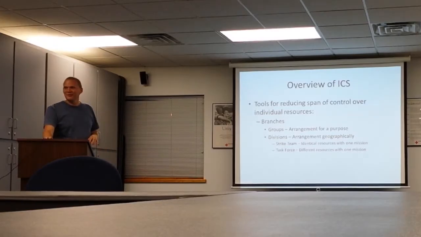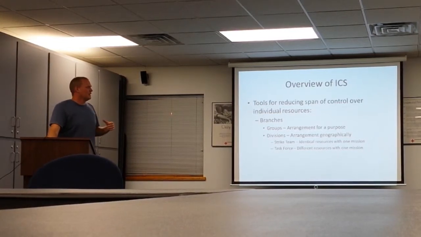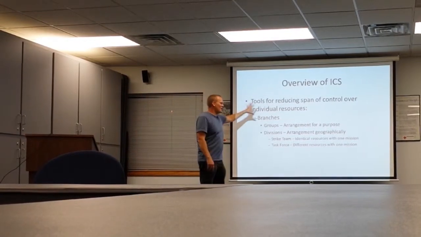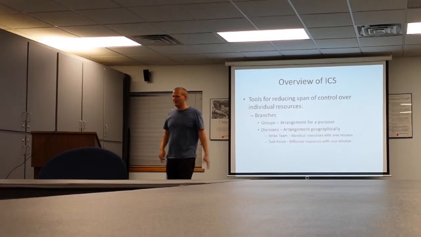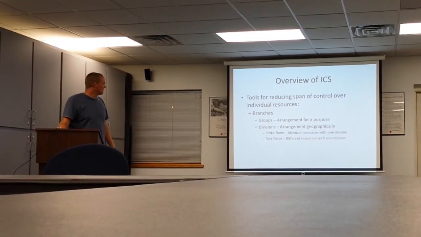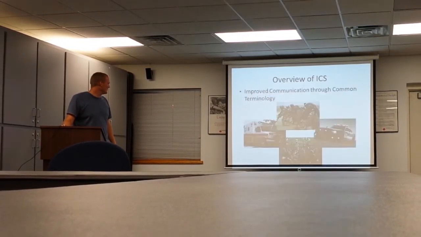But if you want to use the standard terminology, that's how you do it. The overriding point is that this is how you can further divide your org chart to maintain a span of control of 3 to 7 people, so that we don't get crabby people and burnt out people and all that good stuff.